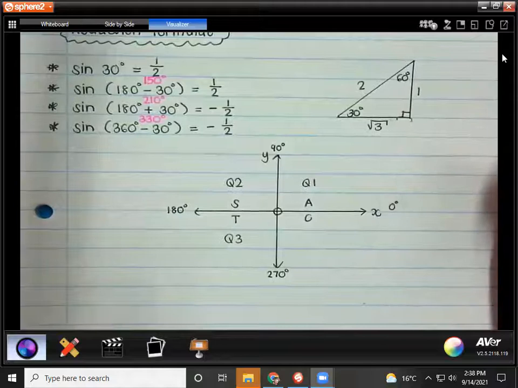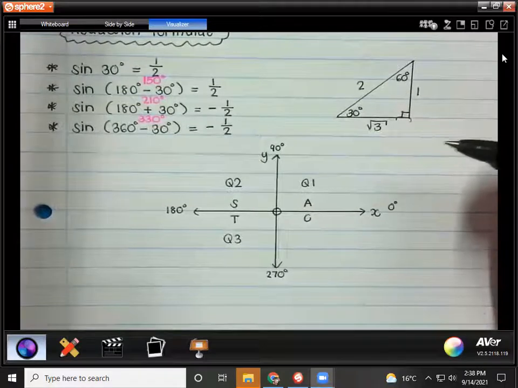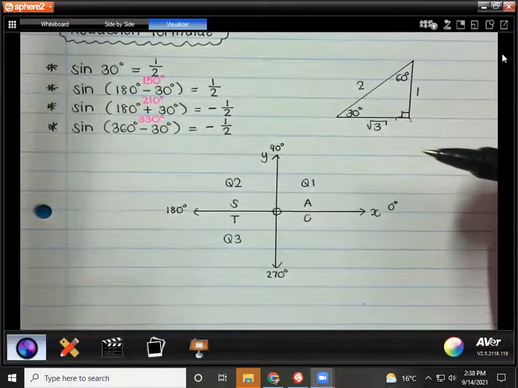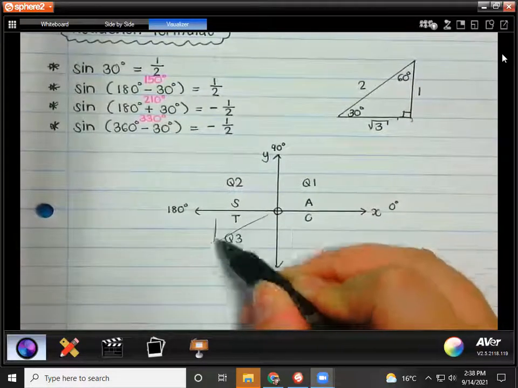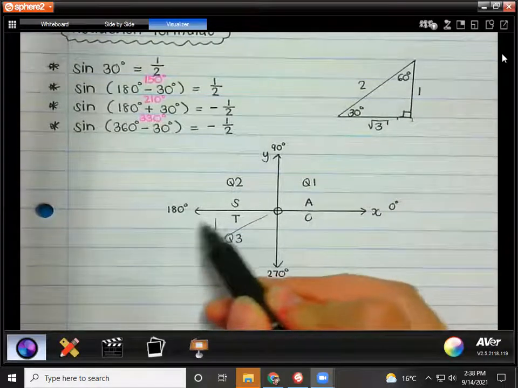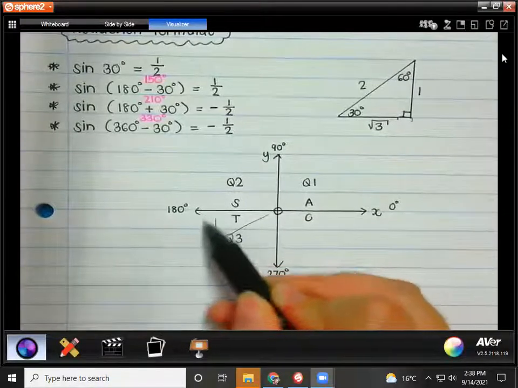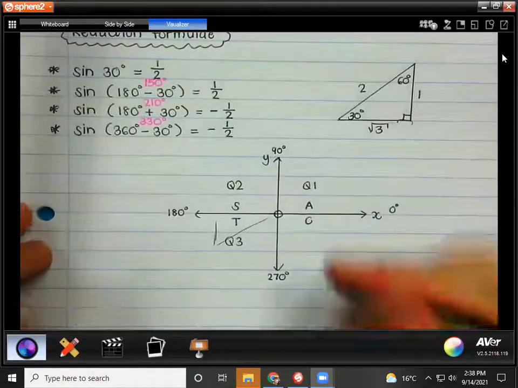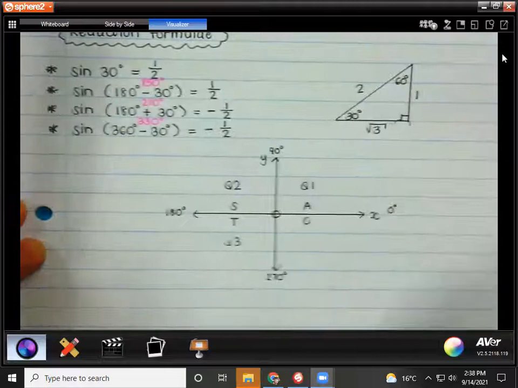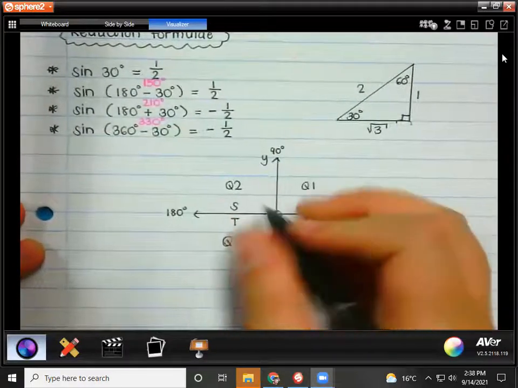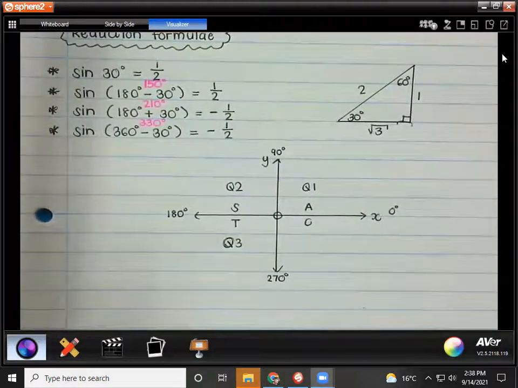Does anyone know why we'll get a negative answer? How do we calculate sine again? Sine is always opposite over hypotenuse. If I was to draw a triangle here, a right angle triangle there, isn't my opposite side going to be negative? Right, because it's on the negative side of the y-axis. Okay, so you see we're kind of putting everything together here. Let me just erase this. That is actually why sine is negative in the third quadrant, because your opposite side is always going to be negative in the third quadrant. All right, then